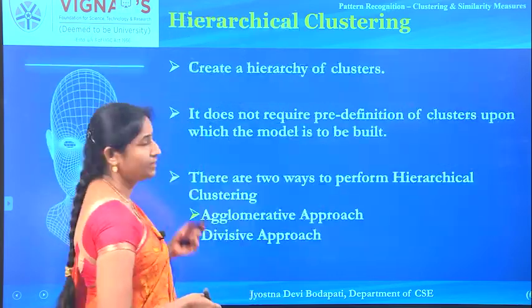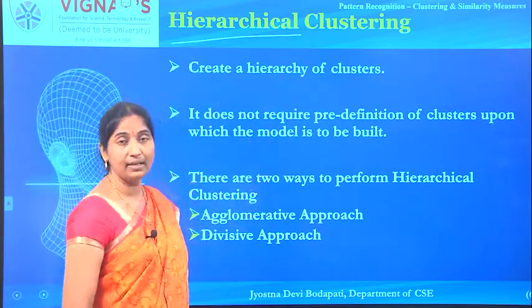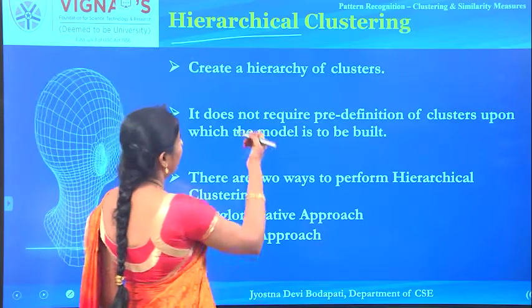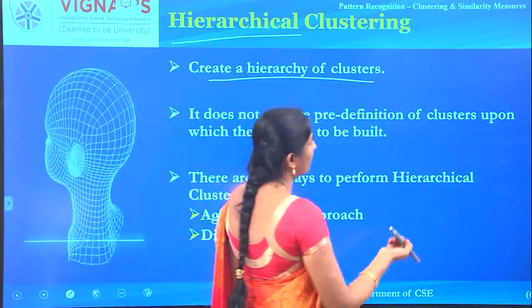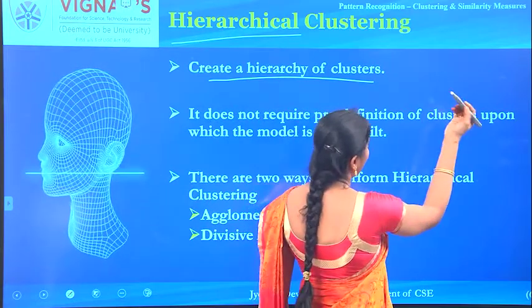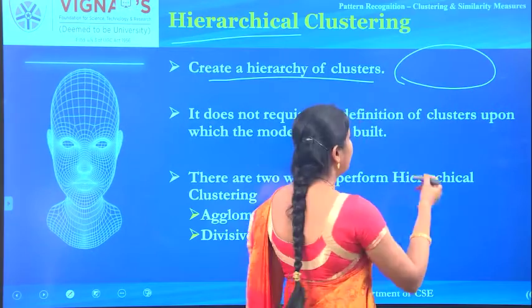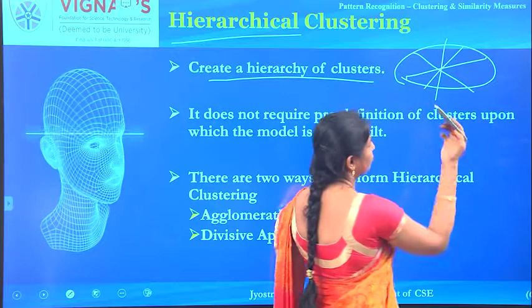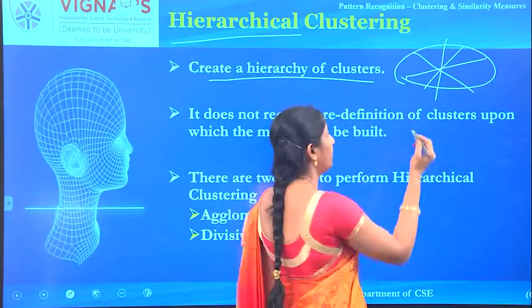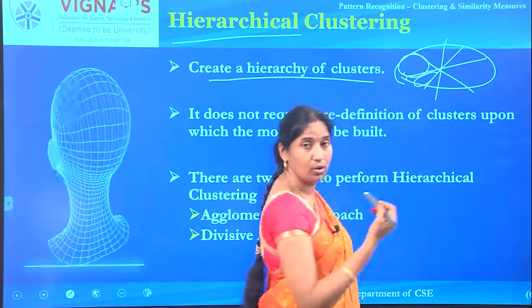So now let's see the second set of algorithms, known as hierarchical clustering algorithms. Based on the hierarchy, the clusters are formed either in a bottom-up fashion or a top-down approach. These clusters can be formed given the entire data. Maybe you can partition it first into 2, then into 4, then into 6, and so on. And wherever you stop, you can call this one cluster, the other cluster, and so on.